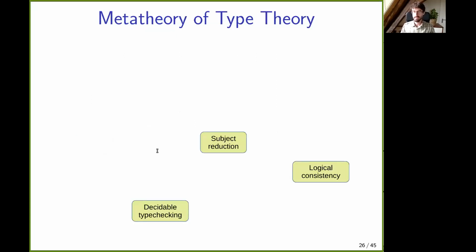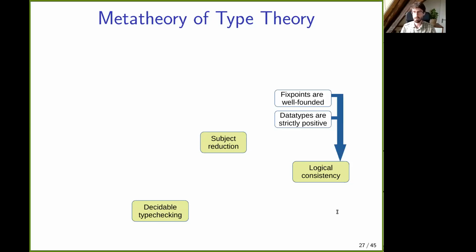Okay, and so I talked about these 3 properties. So I'm going to make an attempt at a picture which puts all of those together. So I hope this will make the picture clearer. So I put them here in kind of random positions. So let's first look at what we normally do in Martin-Löf type theory, and then I'll add the rewrite rules later. So usually, well, logical consistency, we can prove that from certain syntactic properties, such as well-foundedness of fixed points